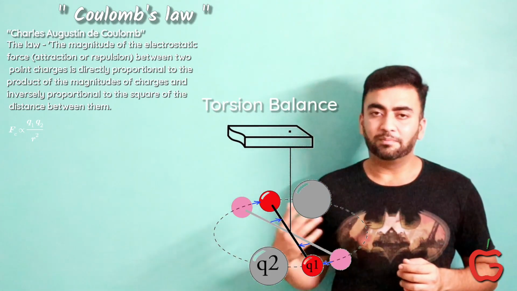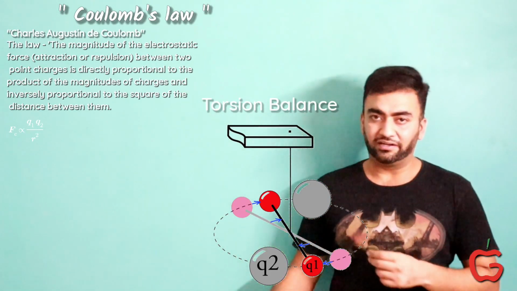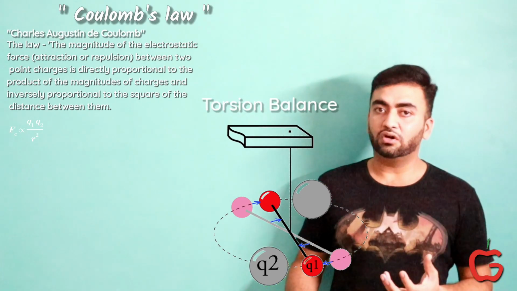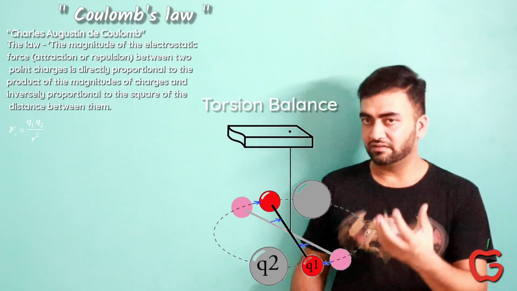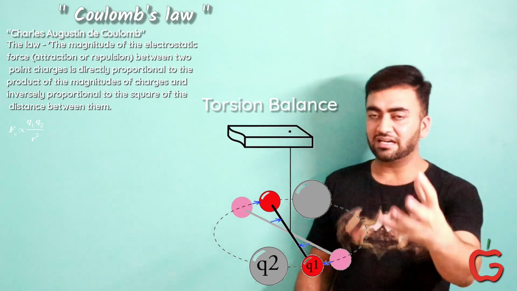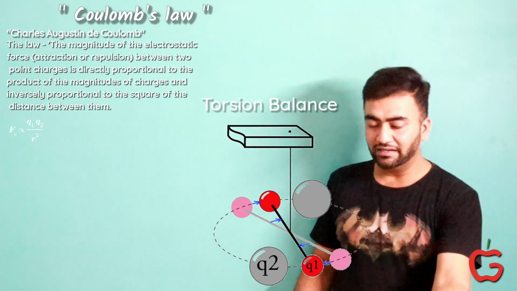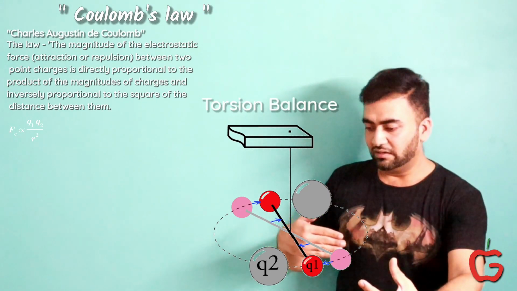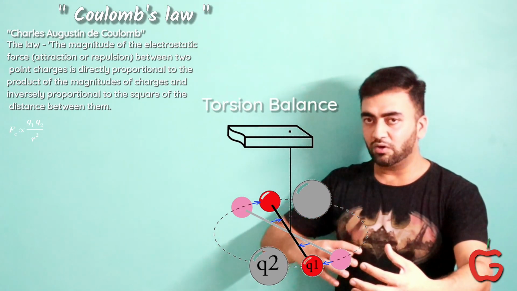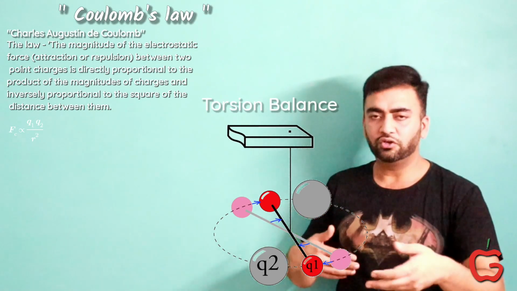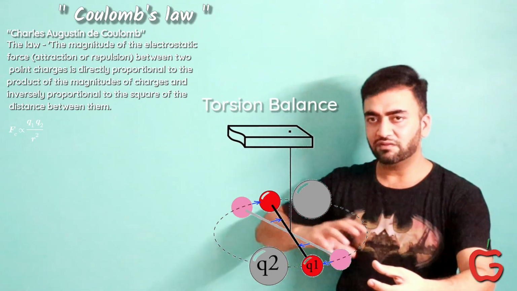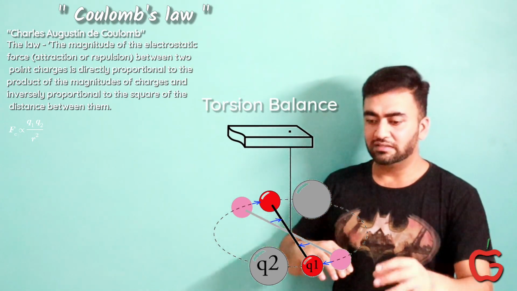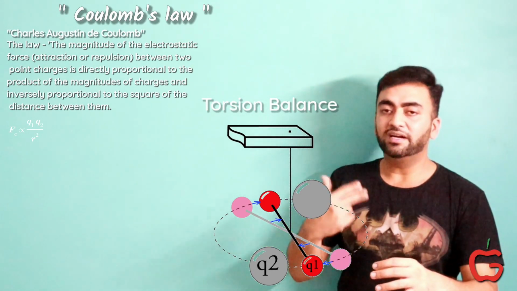Now this torsional apparatus is meant to rotate. A torque is supposed to be applied, so electrostatic torque is supposed to be applied. This can be done by taking another charged ball, keeping it here so that this charged ball attracts this one. Now the charge on these balls is say Q1 and Q2. Charge on one of them is doubled, say this one becomes 2Q1. The force between them was found to be double.